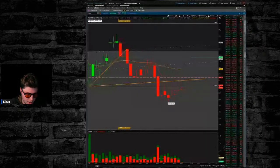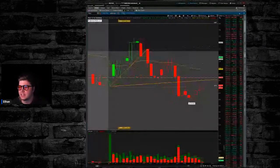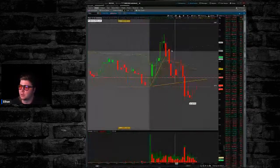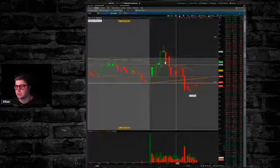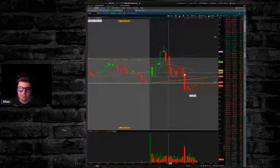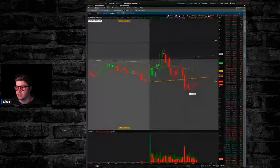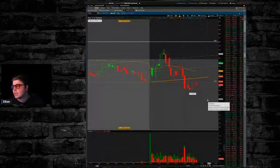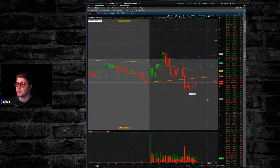Let's see. Yeah, not the easiest trade in the world, but I feel like it was pretty self-explanatory. At the end of the day, this is what I talked about pre-market over and over again. Wanting to see a bounce up into these levels, see it fail, look to play the new low of the day. There's some chop, got chopped a little bit off the open. But honestly, this didn't move nearly as much as I thought. I thought that we could be at 265 by now, and honestly, I think we still are. The way it's holding under 270, the floor is going to be ripped out from under it, but